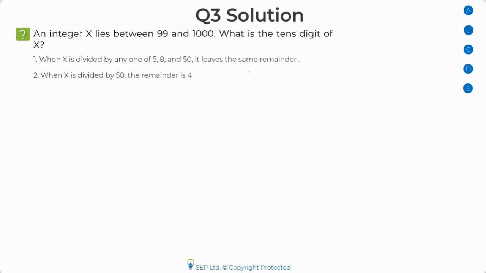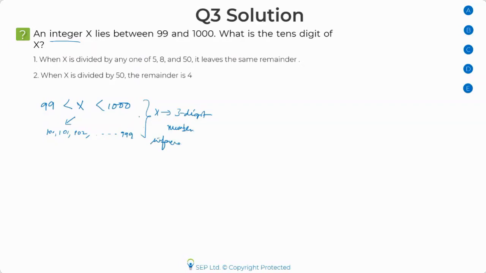So let's talk about the first thing. I'll come to the question, but in fact, let me start with the question only. The question doesn't have much information. It just tells me that X lies between 99 and 1000. So if X lies between 99 and 1000, then the values of X could be 100, 101, 102, and so on till 999. I've not been told directly, but this basically means that X is a 3-digit number. It cannot be a 2-digit number, it cannot be a 4-digit number, it has to be a 3-digit number. That's an implicit inference that you should be able to draw directly.